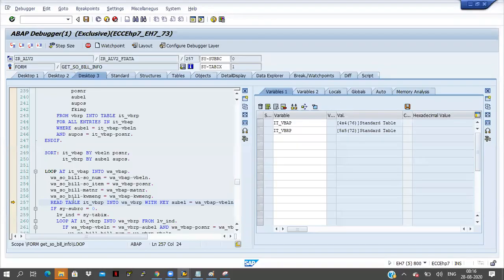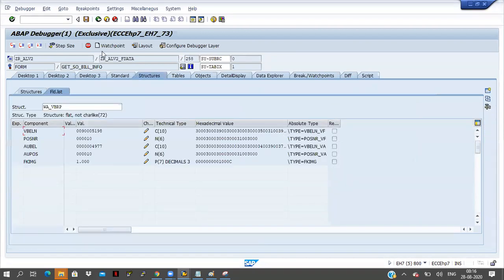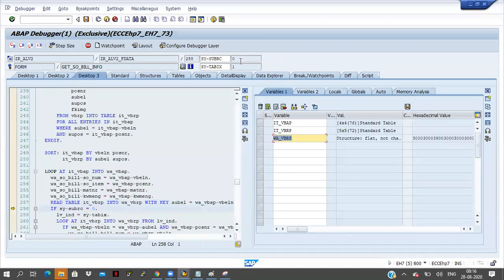Here I am checking, I am reading the first record, to see whether the data is available or not. The work area VBRP is coming. Something data is coming and SY-SUBRC equals 0 here. SY-SUBRC equal to 0 means the above line is executed successfully and the data is coming into the work area successfully. Then only I have to go inside, otherwise it is not required to loop the IT_VBRP internal table here.